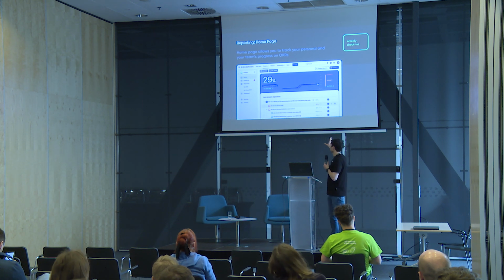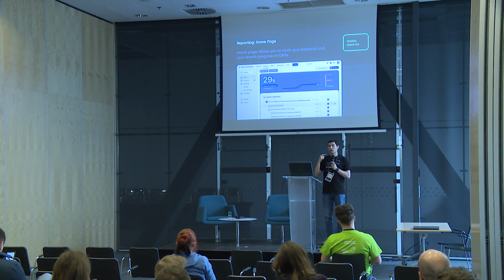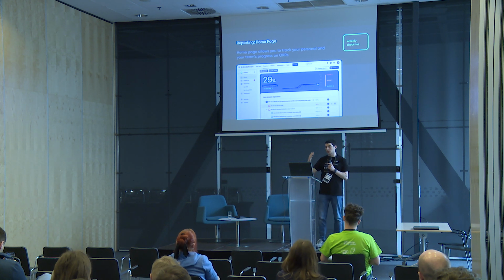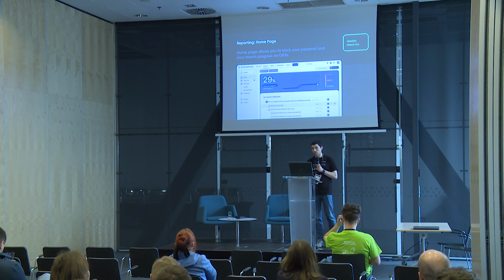So on this screenshot, you can see how easily you can check every week where you are regarding the strategy execution in your team or your department, see the progress, see the chart, and see what the most important Jira issues are that you have to deliver by the end of the quarter, aiming to achieve these goals.